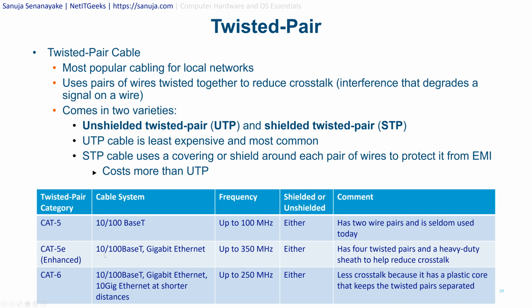It has the same 1000 base T, but now can also support gigabit Ethernet, and frequency can go all the way up to 350 megahertz, and it can be either shielded or unshielded, and has 4 twisted pairs and a heavy duty sheath